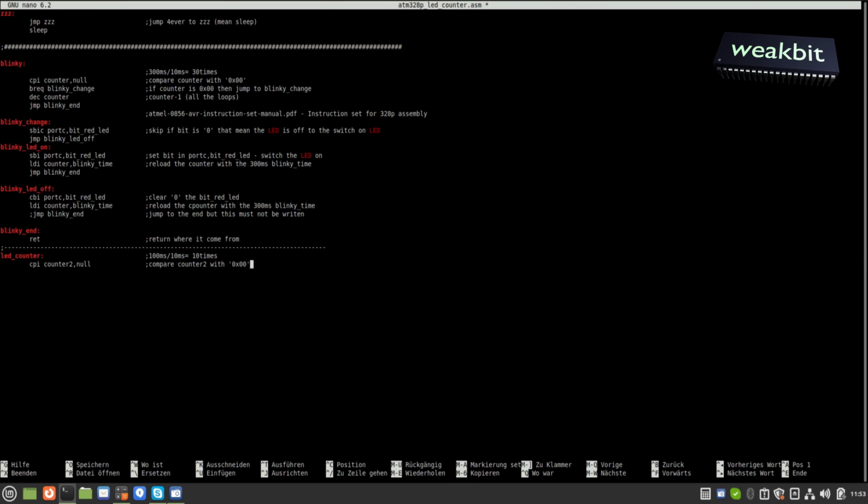We test it. If this is equal, branch if it is equal, then jump to LED counter